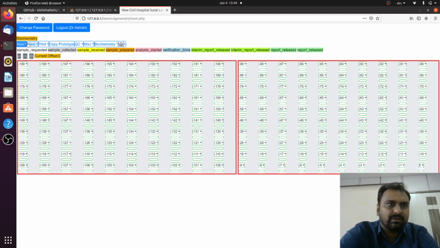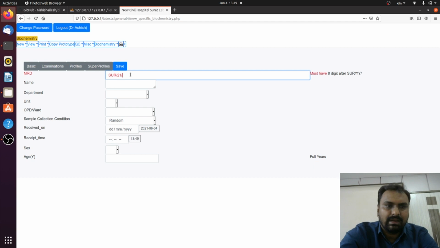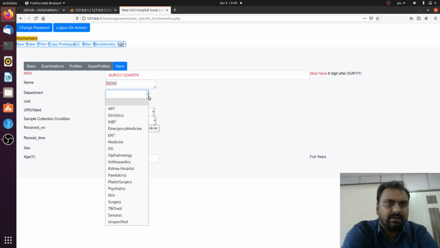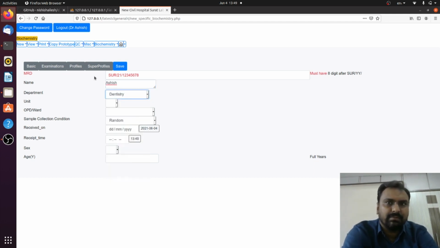Okay, you can go to new and any item like for COVID or new direct, go here, write the 8-digit MRD number, name of the patient, department. Okay, this MRD number is compulsory, the rest are not compulsory.